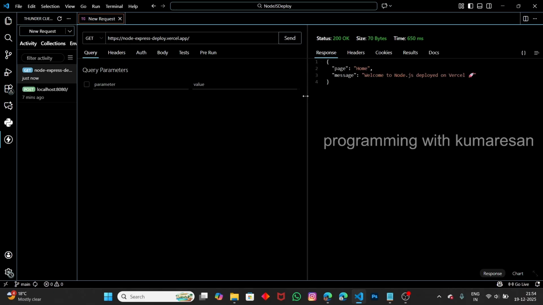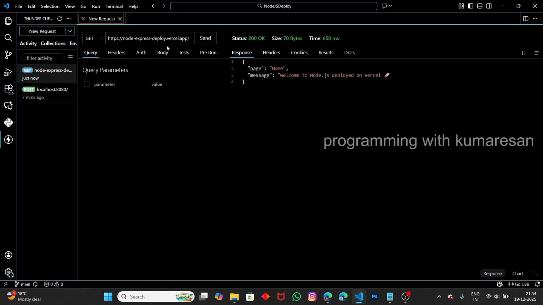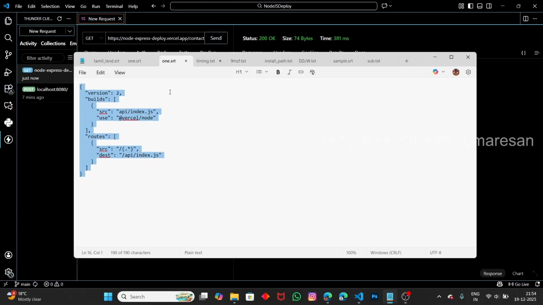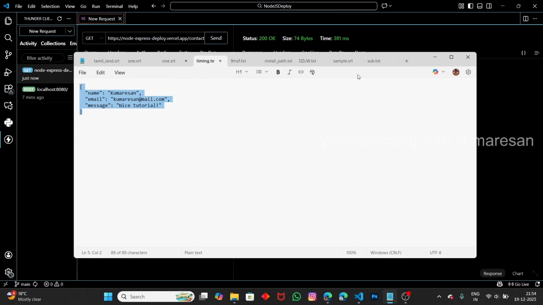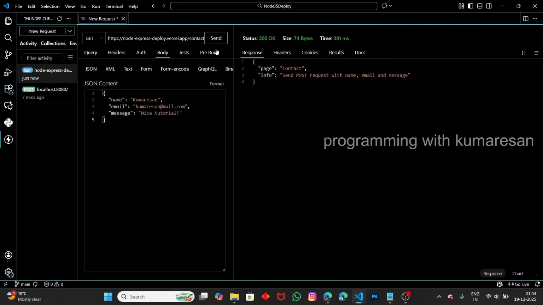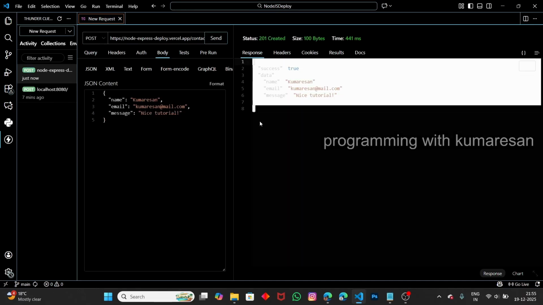You can see it displays the home page, and let's change the route to the about route, and click on send now. It displays the about page, and let's also test the contact page now. It displays the contact page. Let's also send some contact details to change the contact information in the body. I'm gonna paste the details here, name, email, and message, and let's also change the method to POST. You can see the data has now been successfully sent. So yeah,